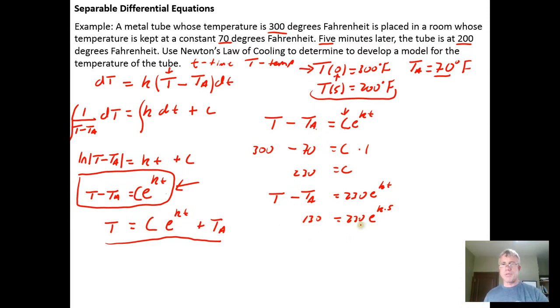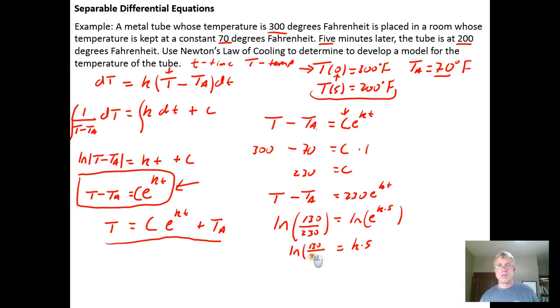We then divide both sides by 230 to get the e by itself. So we get 130 over 230 equals e to the k times 5. And then to get the stuff out of the exponent position, we take the natural log of both sides. So we get the natural log of 130 over 230 equaling the natural log of e to the k times 5. And the natural log base e cancels exponential base e. So we just get a k times 5 right here, and this is the natural log of 130